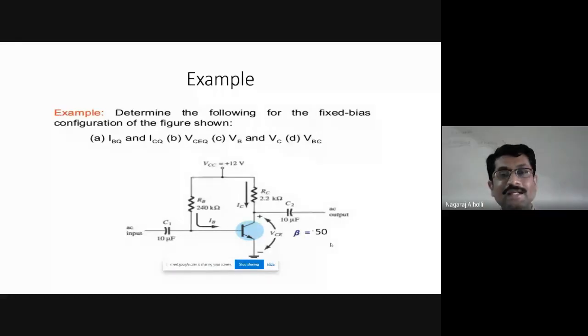The gain equation is always the ratio of output to input. It is not Vin minus Vo or Vo minus Vin. It is not the difference. Gain means how much the input signal is amplified. We have to see the proportion. Say you are applying 5 volts of input signal and you are getting 20 volts output. So how much proportion has it increased? 4 times, 5 into 4.